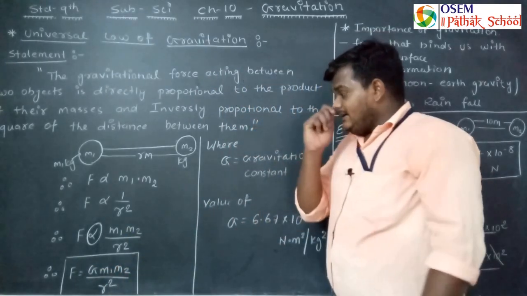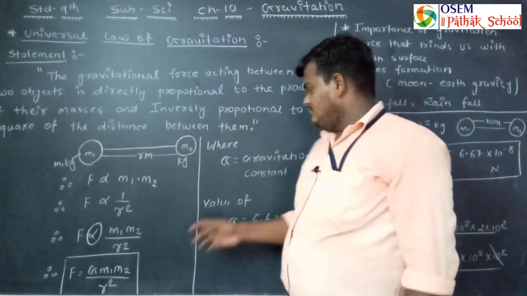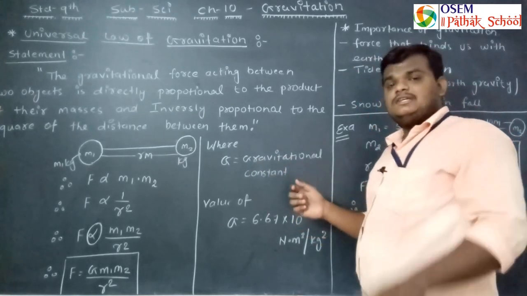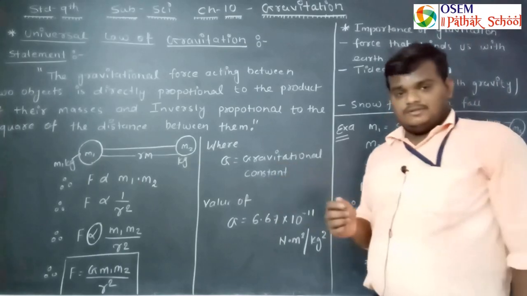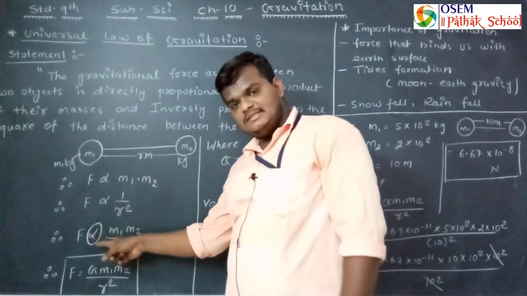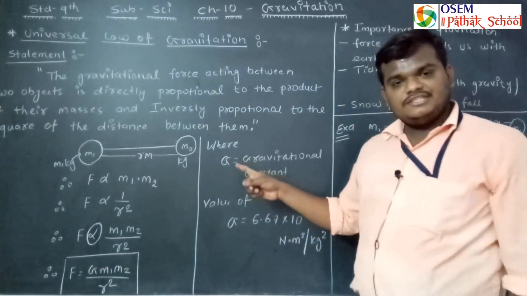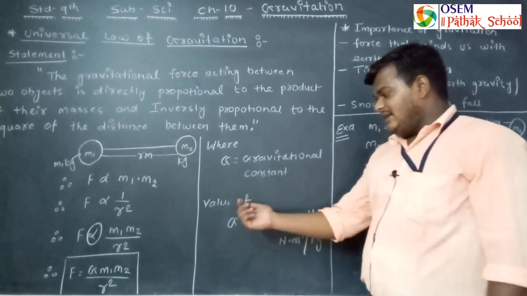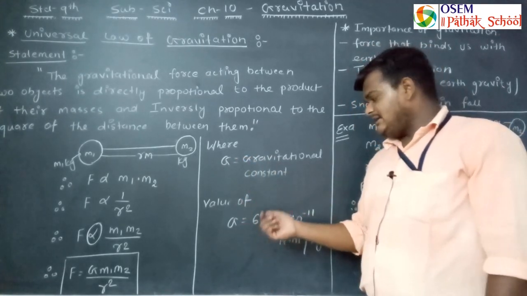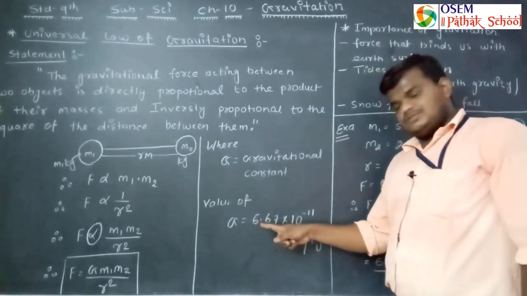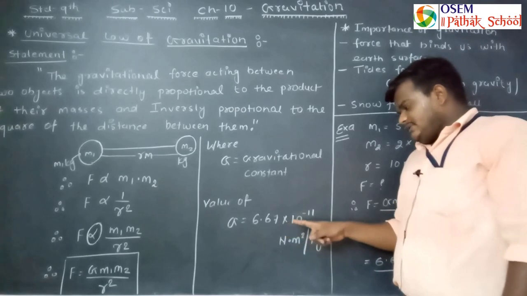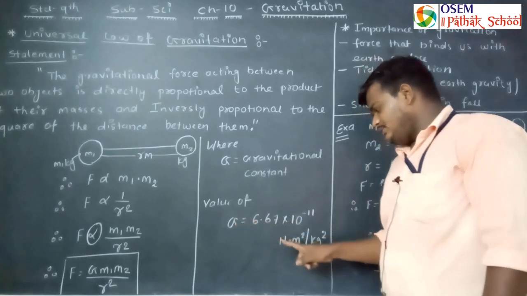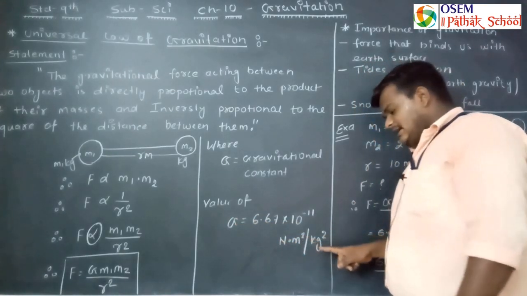So here I will obtain the gravitational force F equals G m1 m2 divided by r square. So this is the final gravitational force formula. Here, capital G is the gravitational constant, because when we remove this proportionality sign we have to put the gravitational constant. The value of G is experimentally calculated, it is always constant, 6.67 into 10 raised to minus 11 Newton. What is the unit of capital G? It will be Newton into meter square divided by kg square.